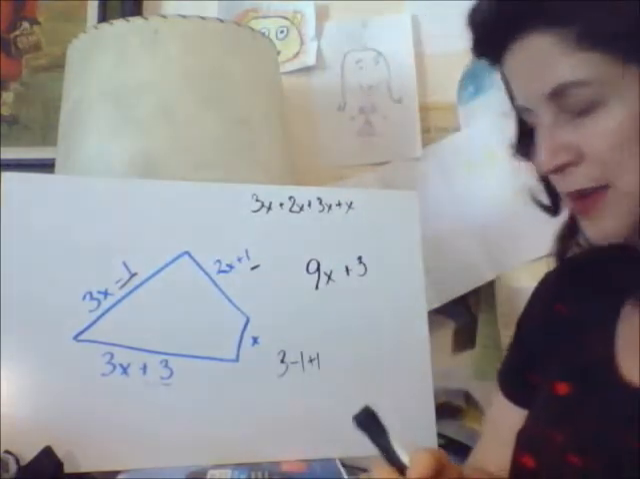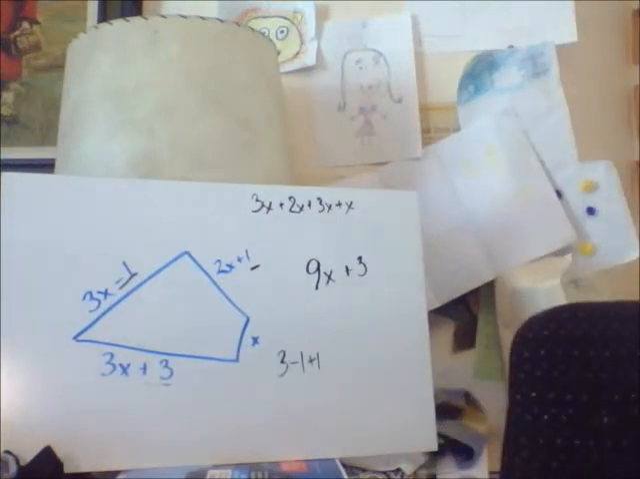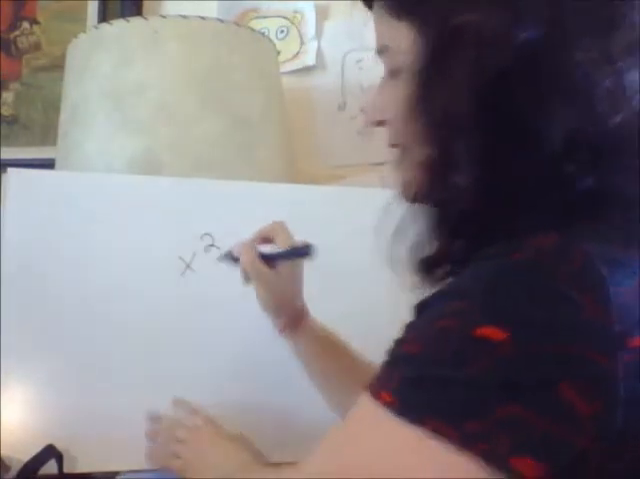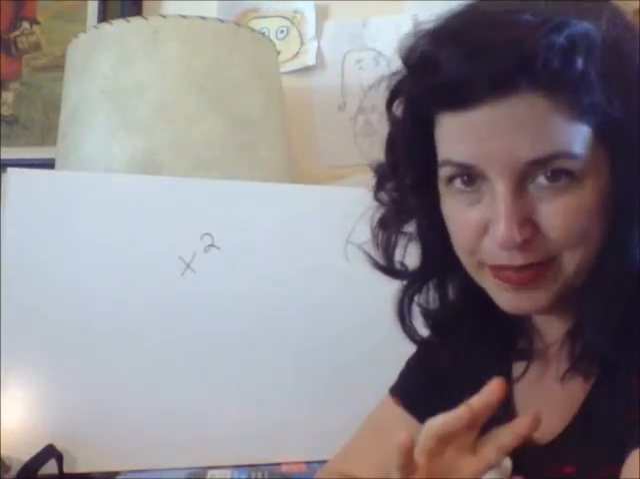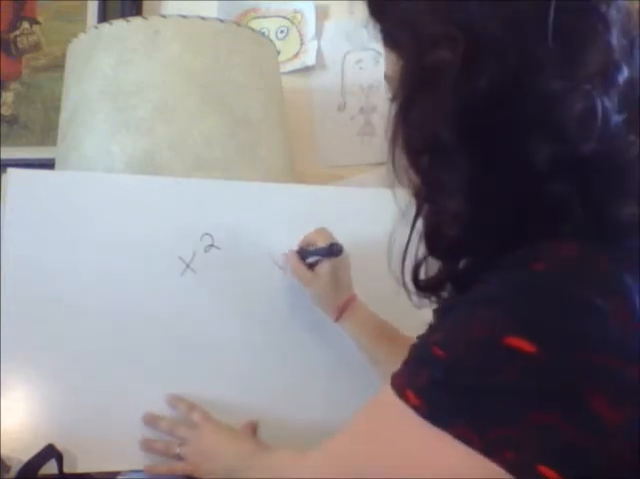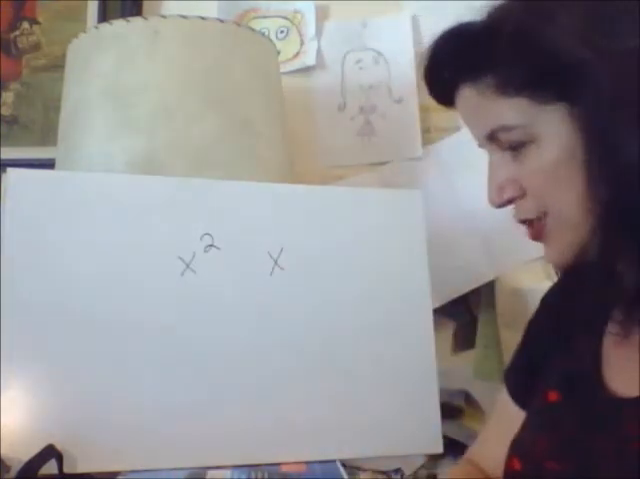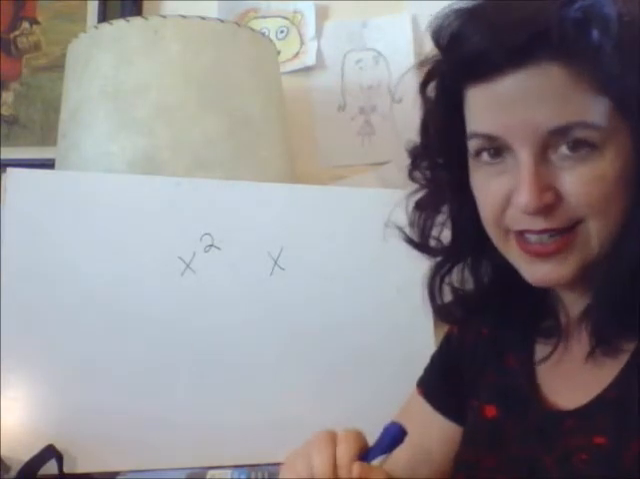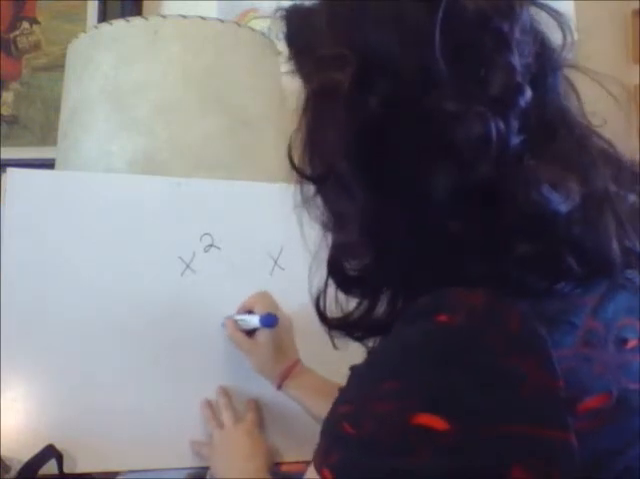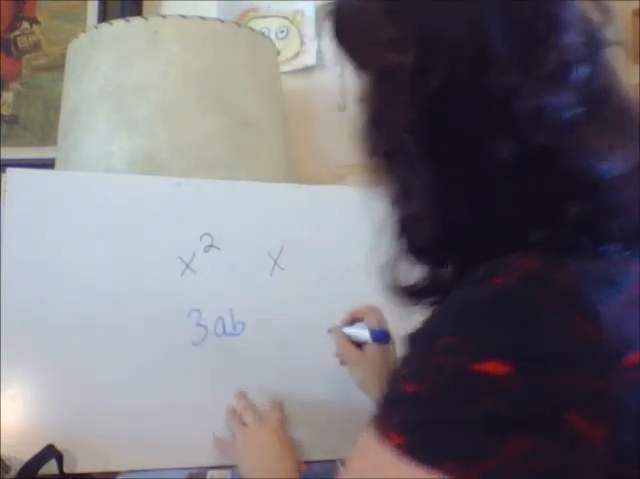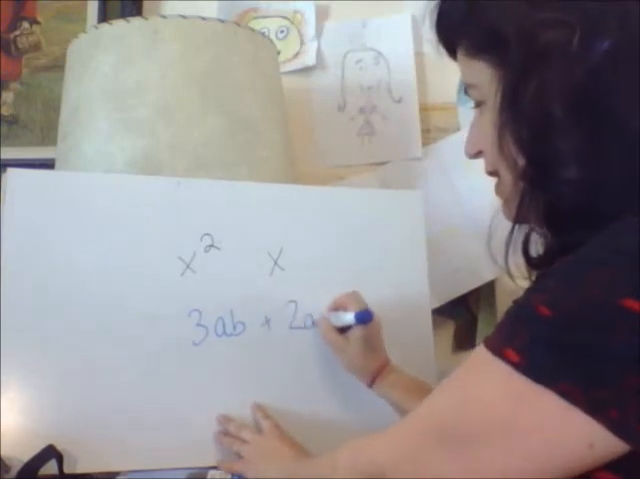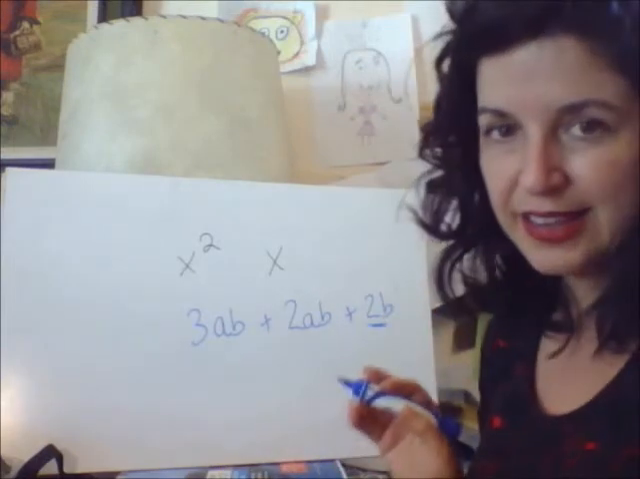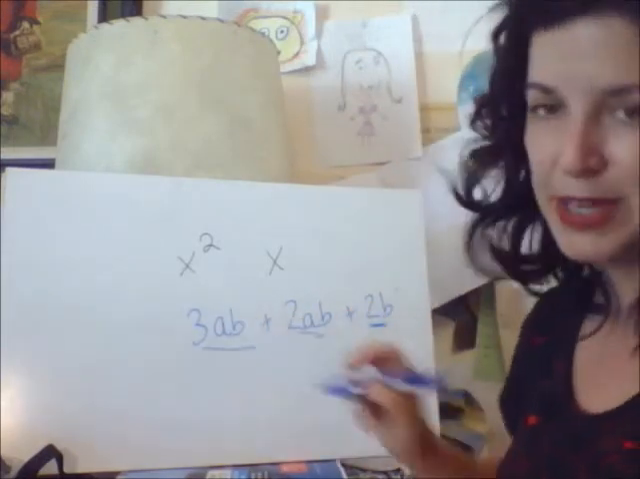If you have, for example, something like an exponent, so x squared, it is not a like term that you can combine with just plain x. They are not like terms, so do not try to combine them together. Another thing is that if you've got two variables together, like a, b, so if you have 3ab plus 2ab plus 2b, 2b is not a like term with 2ab or 3ab. You can't combine them,